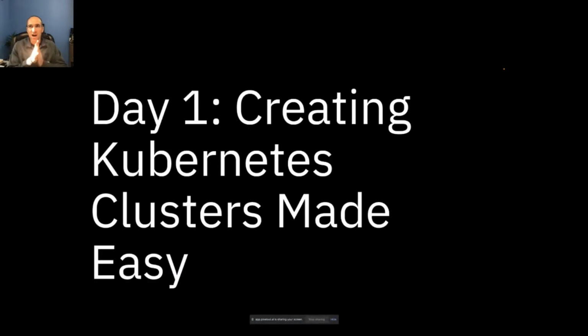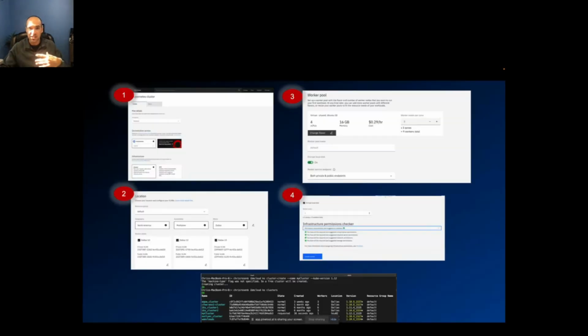So let's go through and talk about that journey that I mentioned earlier. And like I said, day one, the first step is creating those clusters. When we go through the steps of what that looks like, of course you would typically do the UI once. Then you're going to drive through some automation, whether it's the CLI, the API, some infrastructure as code like IBM Cloud Schematics, which is based on Terraform and Ansible, to automate that, to integrate this process to your CI/CD pipeline, where you may deploy a new cluster, deploy some workload, and then shut it down once you've gone through